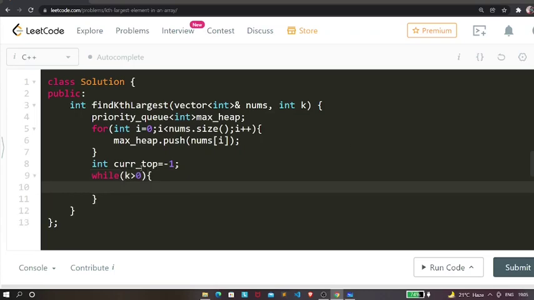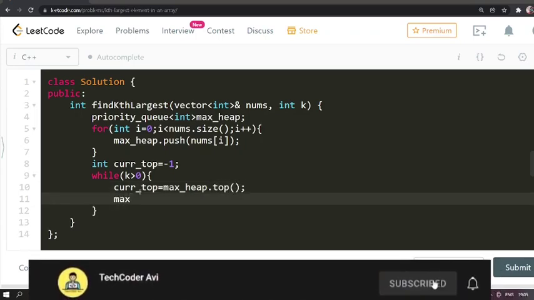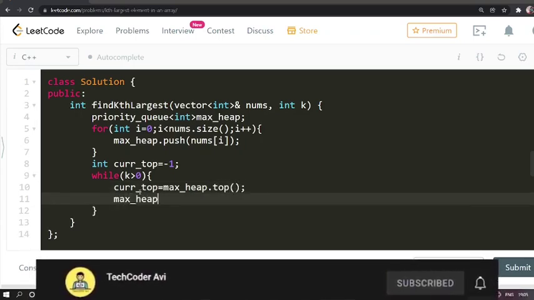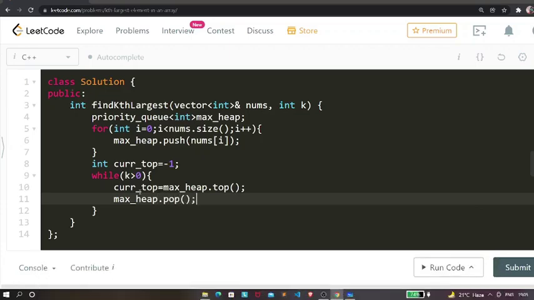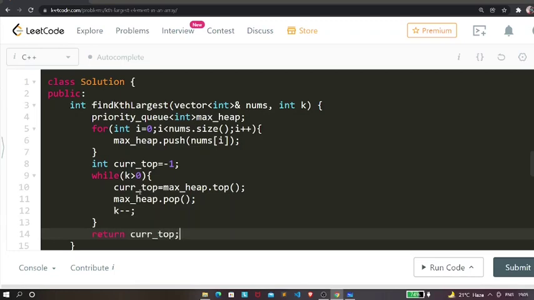And if our k is greater than 0, then it is going to go inside this while loop, and it is going to update our current top as max heap dot top, and then we're going to pop the top element from the max heap, and finally we're going to decrement this k by 1, and next we're going to return the current top.